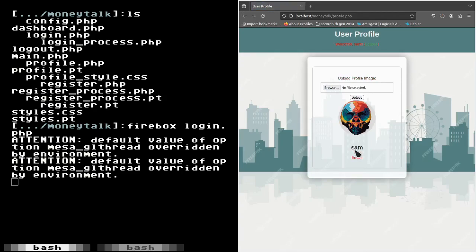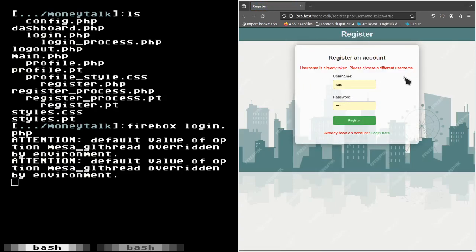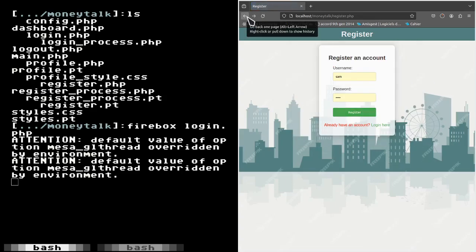I could probably just compress these images so that you would be able to upload them, but right now that's just not my priority with this project. I just want to get things working as quickly as possible and have it online as soon as possible. That's one day of development. You can log in, log out, register a new user. Username has already taken. Please choose a different one. The basics.